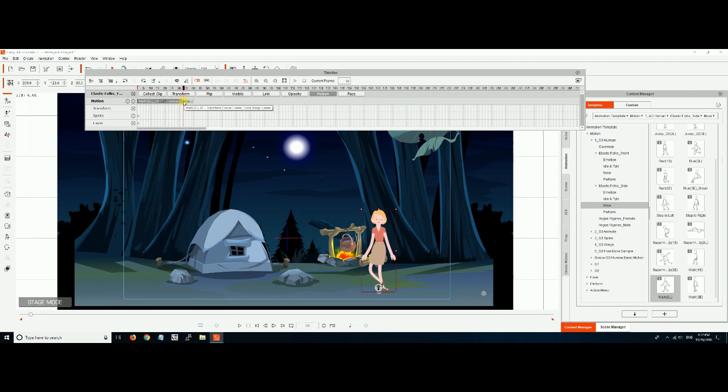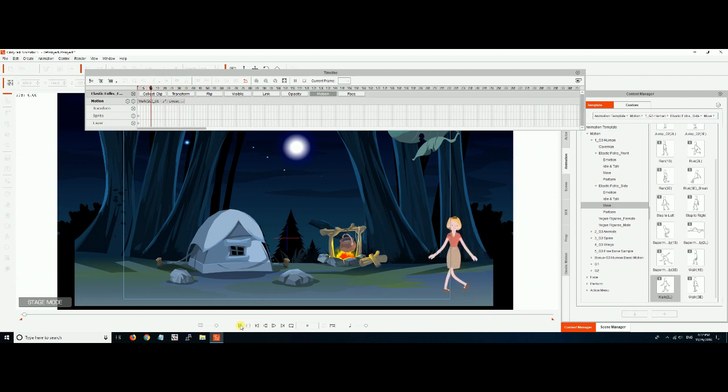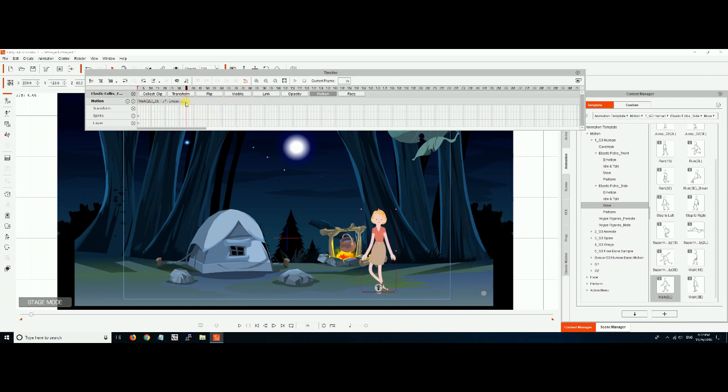So, to do that, I hit break, and that breaks these two parts into two parts where she was walking. Hit delete, and that one disappears. So now she should walk to this point, and we'll rewind it and hit play. Okay, that's pretty good. Now, I want her to not look weird.